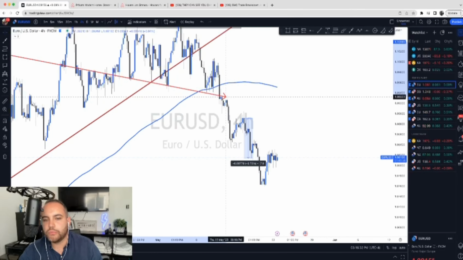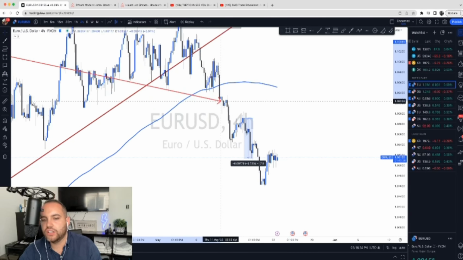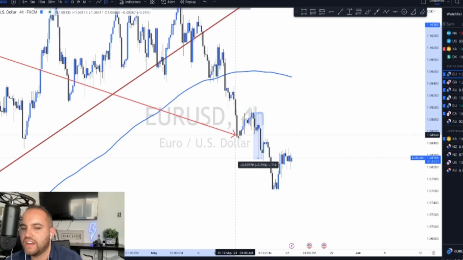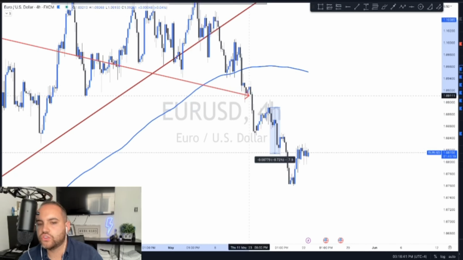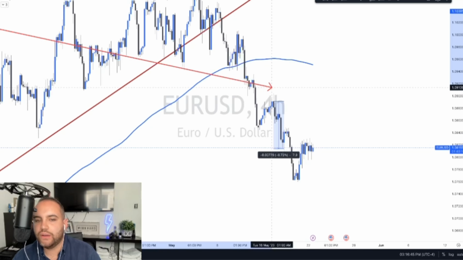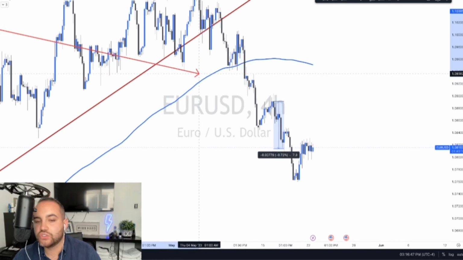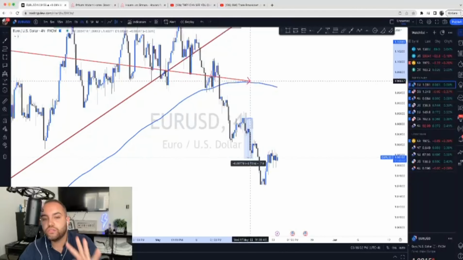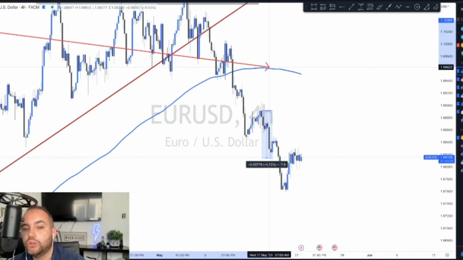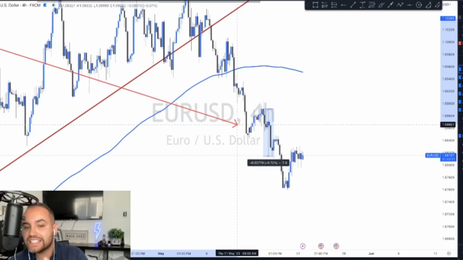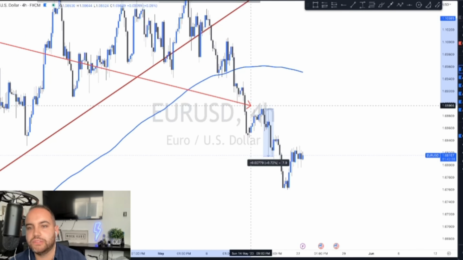So it gave us this strong push. There was some sort of hesitation here, but the opportunity I saw was this official strong momentum push on the 4-hour time frame. We had 2 4-hour candles give us this strong momentum, so I knew at some point we were going to get some sort of a pullback. Not only that, we did break below the 200 moving average. On the 4-hour time frame, guys, listen closely: we saw price break below and trade below the 200 moving average, and now we anticipated some sort of a potential retracement, some sort of exhaustion.